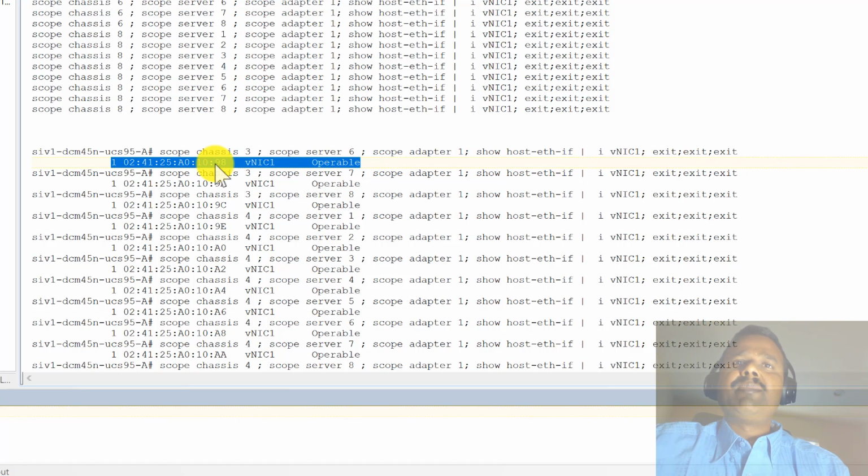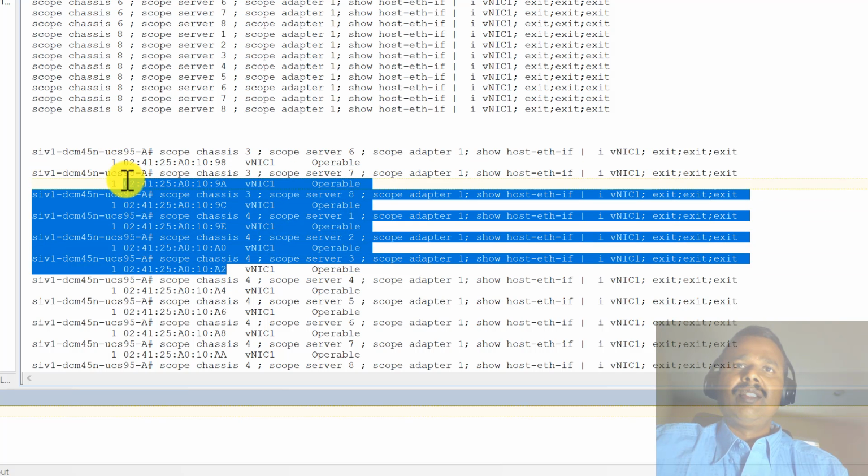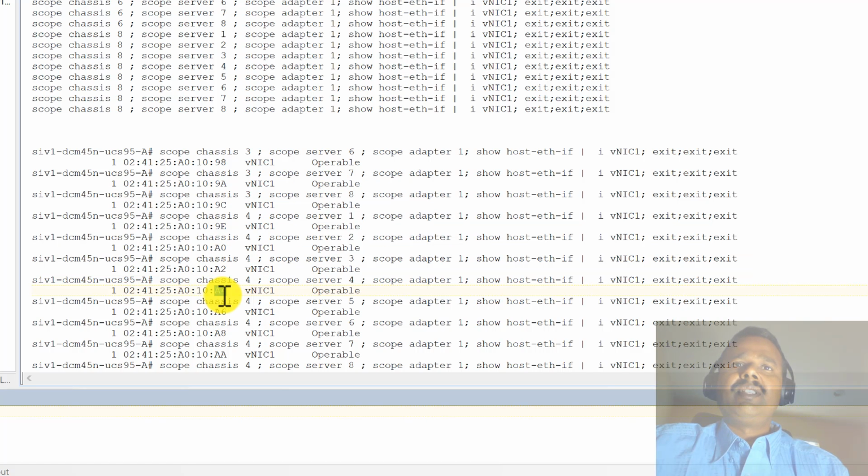Similarly, it pulls the MAC address of each and every node that you can see here. This is the MAC address of server 7. This is the MAC address of server 8. This is the MAC address of chassis 4, server 2.